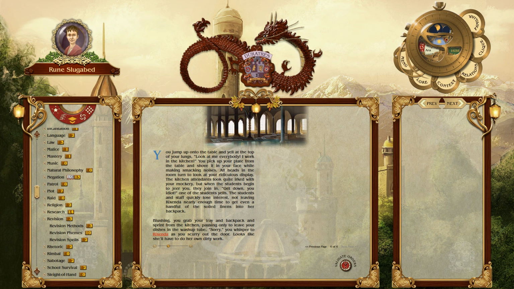You pick up your plate from the table and shove it in your face while making smacking noises. All heads in the room turn to look at your ridiculous display. The kitchen attendants look quite irked with your mockery, but when the students begin to jeer you, they join in. "Get down, you idiot," one of the students yells. The students and staff quickly lose interest, not leaving Rixia nearly enough time to get even a handful of soiled